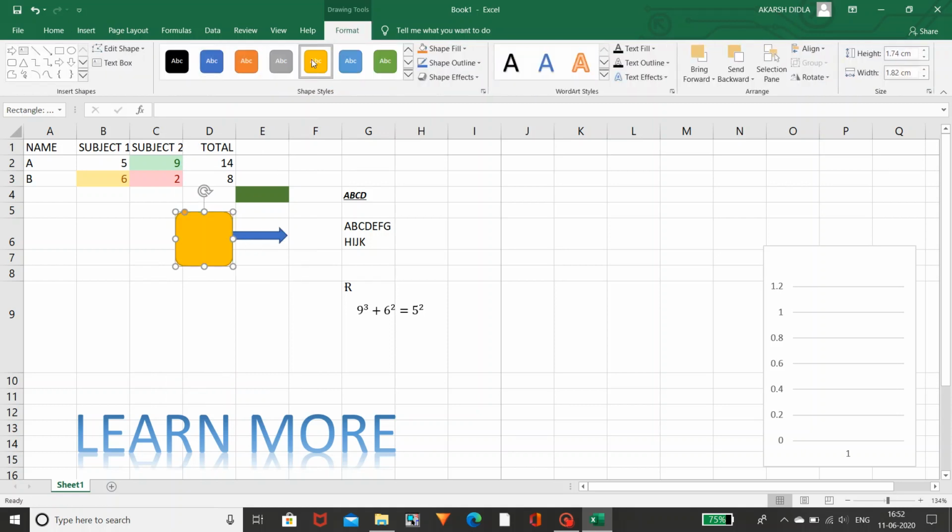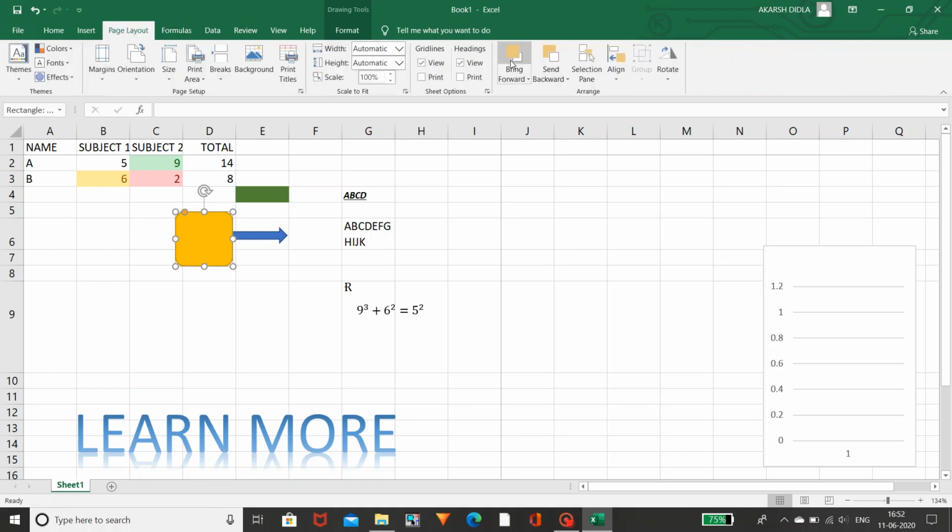So I am changing the color. Coming to the page layout, to show these options, bring forward means to bring this arrow forward. You can see this arrow has been cut in here. So if you want to bring this forward, you can use this bring forward option. My device is a little bit slow.